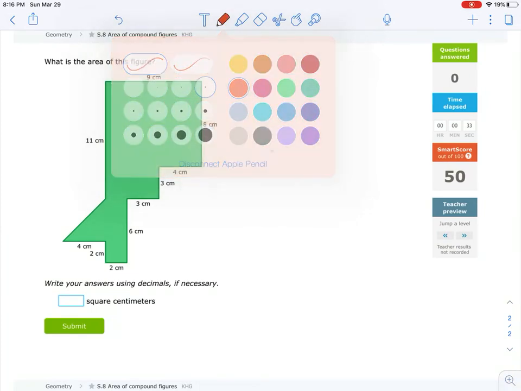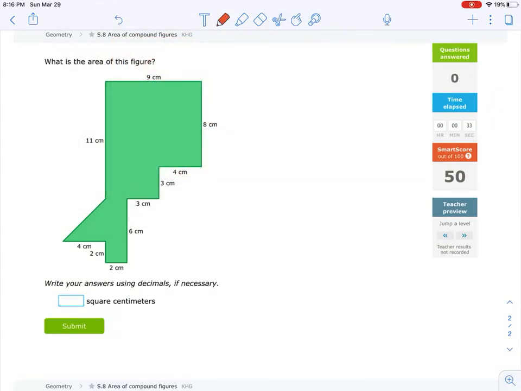On this problem, we have several different shapes here. I'm going to go ahead and break off the triangle there. I'm also going to make that a rounded off rectangle. Make another rectangle here. Okay, so